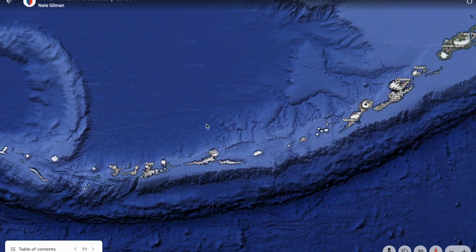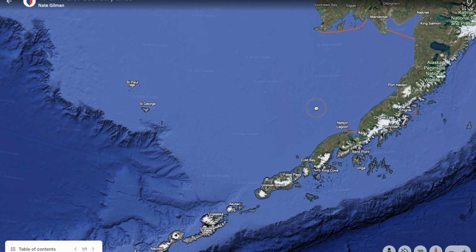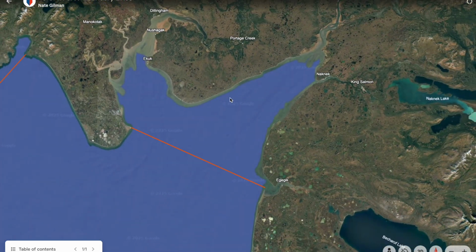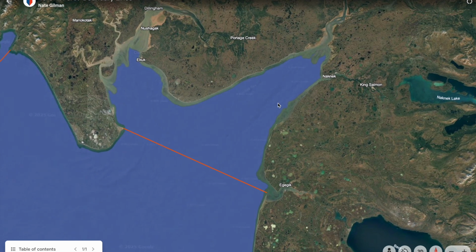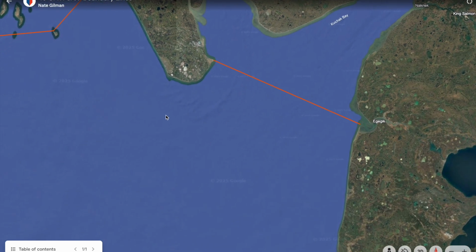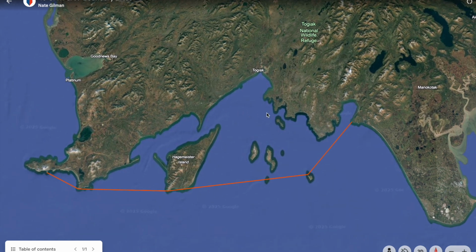All of the Bering Sea is going to be near coastal, right? As you make your way all the way around. But as we make our way over here, you can see as you're making your way to Nunivak or King Salmon, fun place to land an airplane when you're flying around, everything in here is going to be inland, and then this in the Bering Sea is going to be near coastal. Same thing just north of there and west. You can see this is all inland waters, whereas this is near coastal.